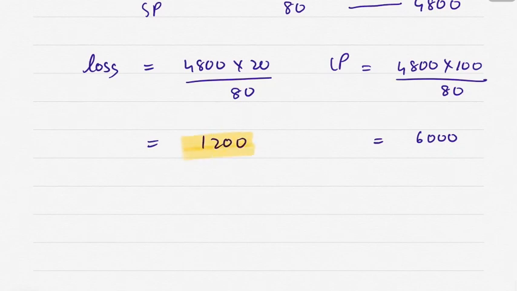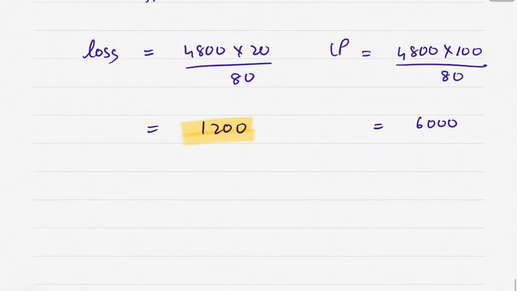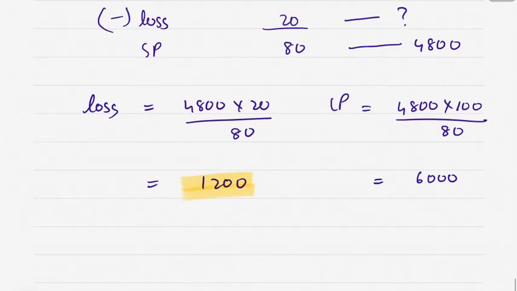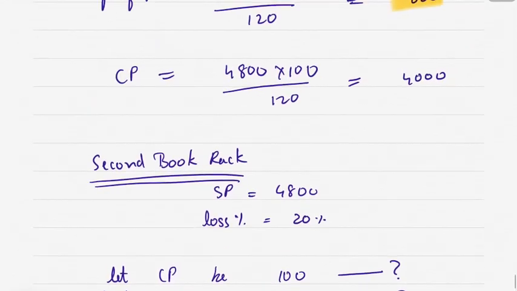On second book rack he is making loss of 1,200. Correct? So that means total loss would be 1,200